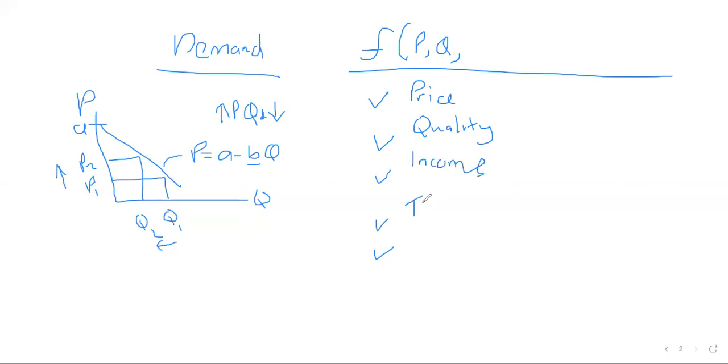Okay, the type of the good that we're looking at, whether it is a substitute good, you can buy it. Whether it has other types of goods like complementary goods. Okay, the population also affects the demand for a particular good. Osaka has high population, so demand for particular goods is high. We have other factors like the weather. Now that it's raining, the demand for umbrellas is high. Okay,